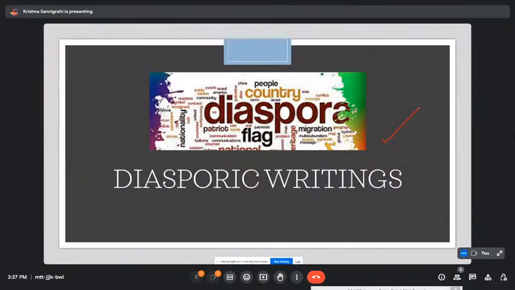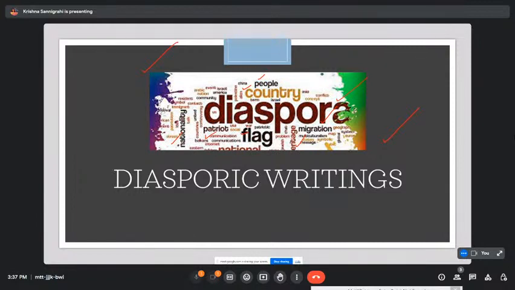When we say diaspora, you can see a picture before you. These are the different words which come to our mind: it's about people, it's about country, it's about the flag, it's about nationality, it's about migration, it's about heritage, it's about everything related to that, and then communication with people who are in a different country. So diasporic writing originated with this whole idea of people migrating to different countries and then writing from those